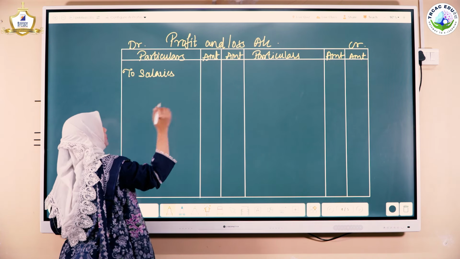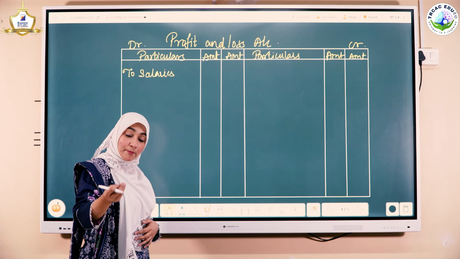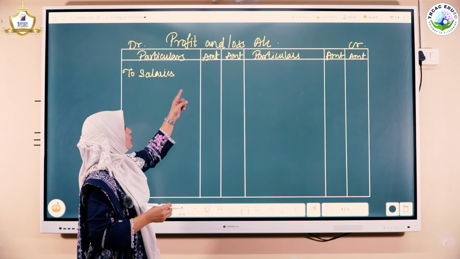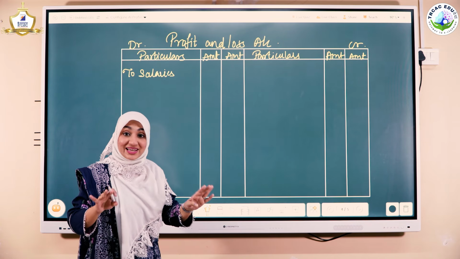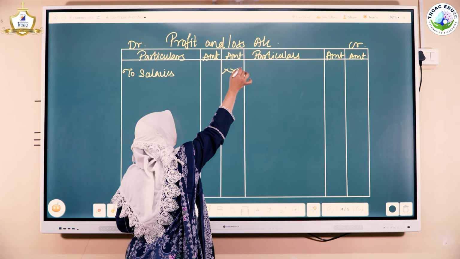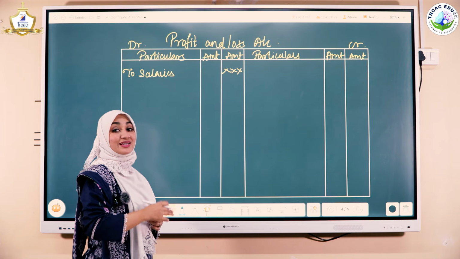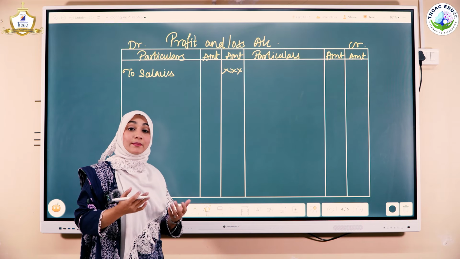to salaries. If we do have any adjustment on salary, the amount will be recorded into the inner column. If we don't have any adjustment, the amount will directly go to the outer column. Right now I am considering it outer column. Okay, hence there is no adjustment. Second thing, what can come?